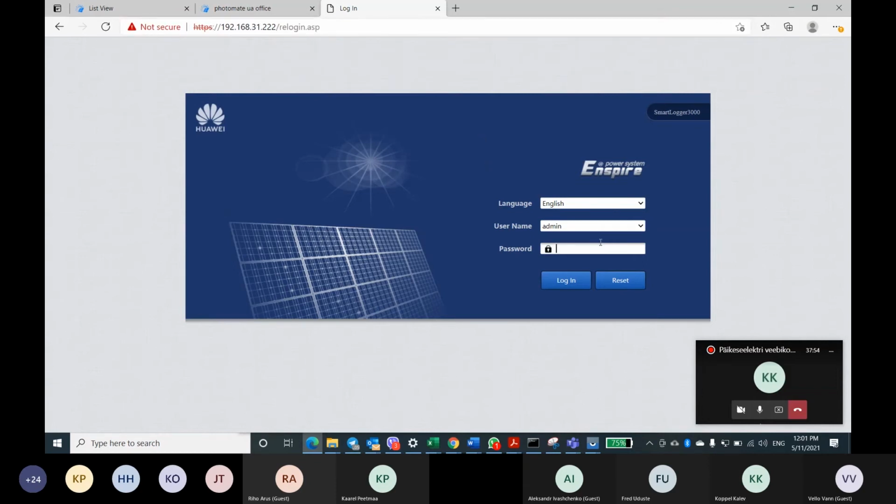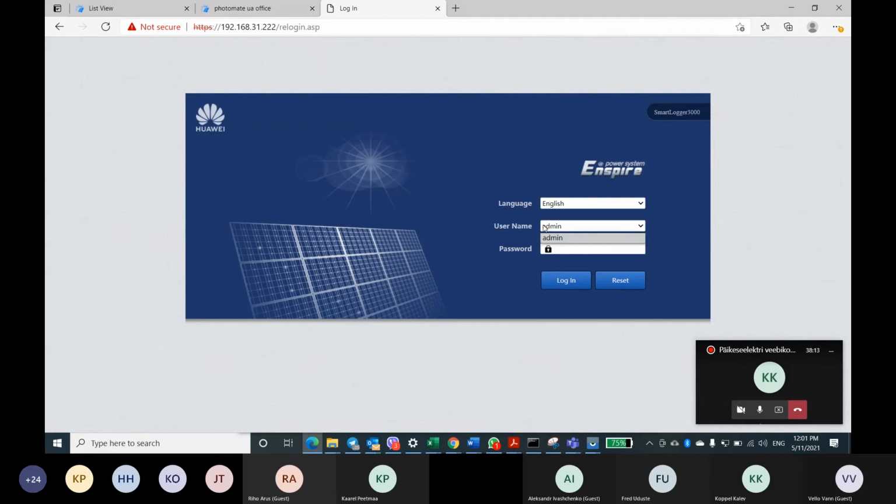So you need to log in. You will get this not secured notification, so just ignore it and say that, okay, I know what I'm doing, just connect to this device. This is the starting page. You need to choose the language; in your case, it's better to choose English, and the user type.